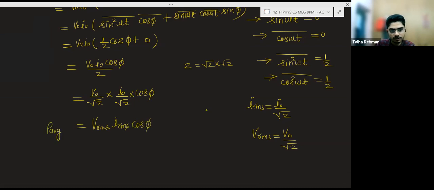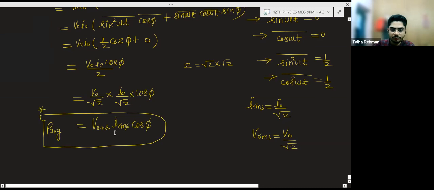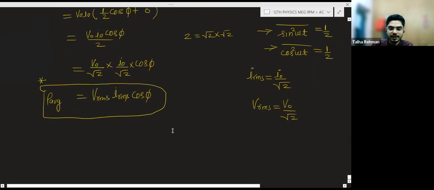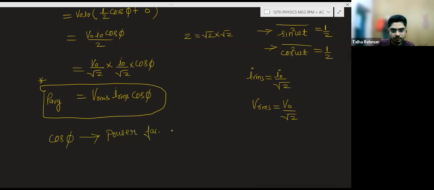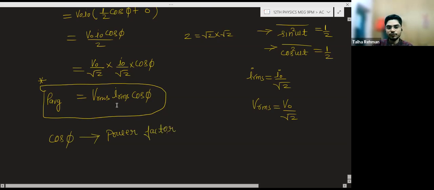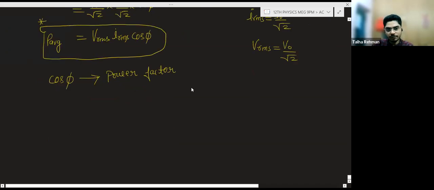This will be your average power: VRMS, IRMS, cos phi. And this cos phi is known as the power factor. So if you want to calculate this power factor, what you will do, you will draw the